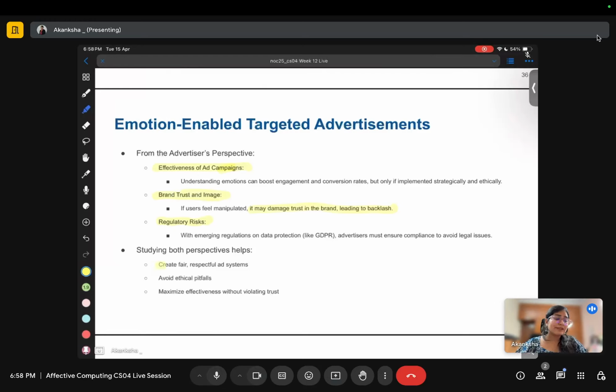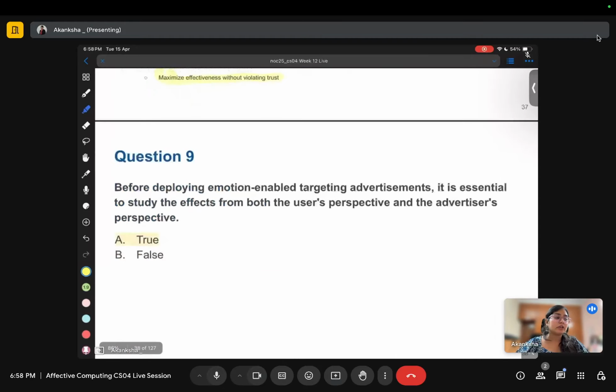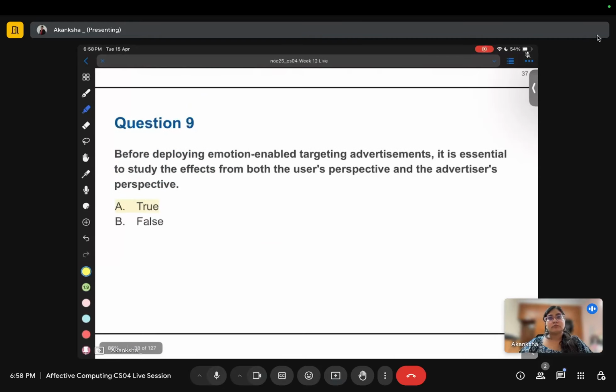It helps to create fair, respectful systems. It should be a win-win situation, avoiding any ethical pitfalls and maximizing effectiveness without violating trust. So definitely these systems are helpful, but we need to take care that the data should not be exploited. So this is true.